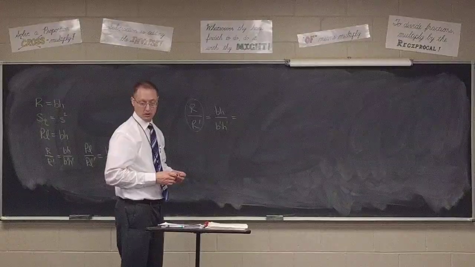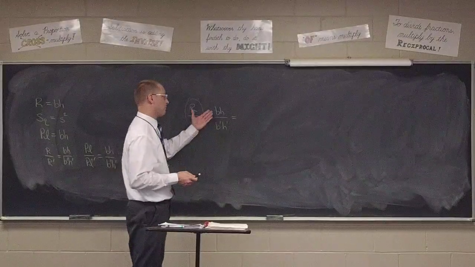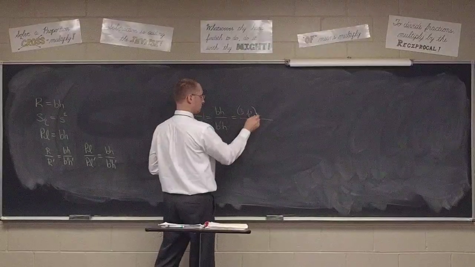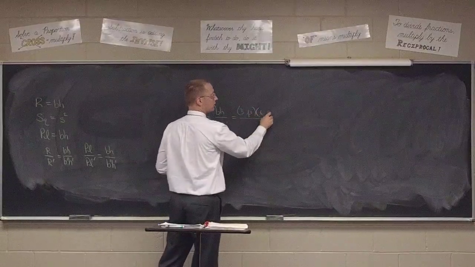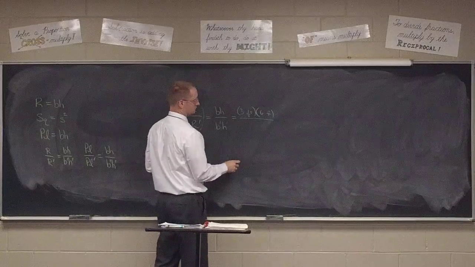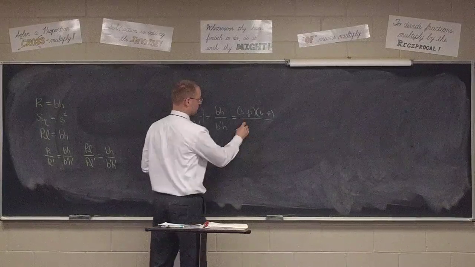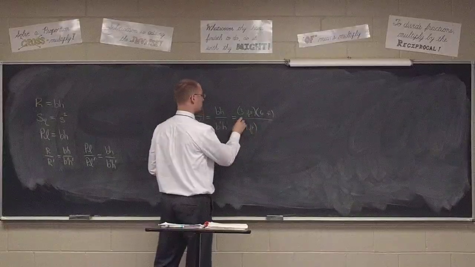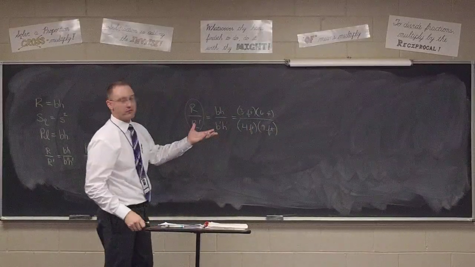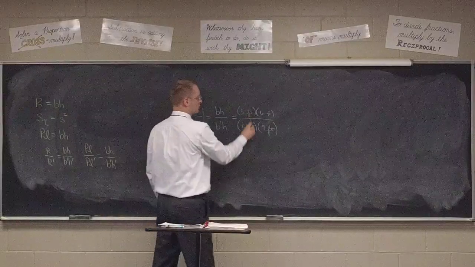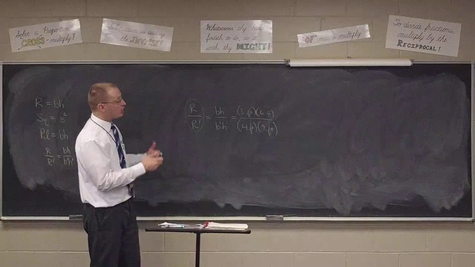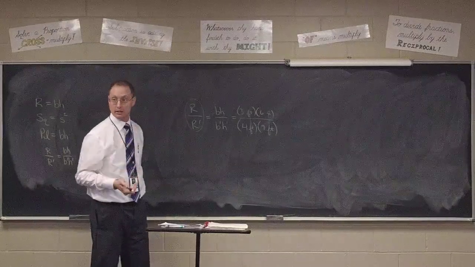Plug in the numbers. So in place of the B and the H, it's 3 feet and 6 feet. And then for the bottom, it would be 4 feet and 9 feet. All right? And what's going to happen to all the feet? They're all going to cancel because remember, a ratio doesn't have units. We could just multiply and get,